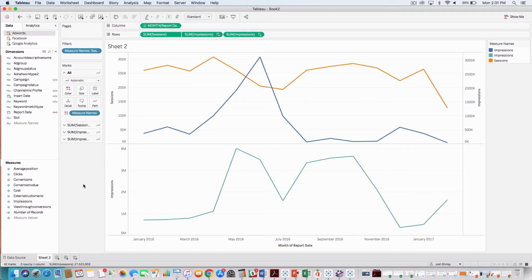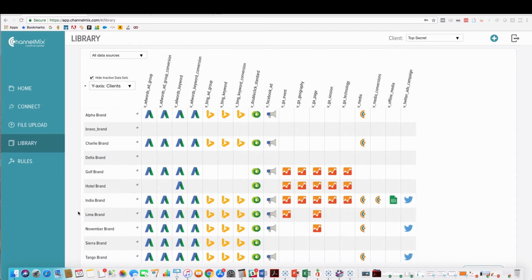However, I may also want to understand something a little bit more complex that involves a lot more data sources. So you'll notice that back here in my library screen, I have data sets for India brand set up for AdWords, Bing, DoubleClick, Facebook ads, Google Analytics. I have some Twitter.